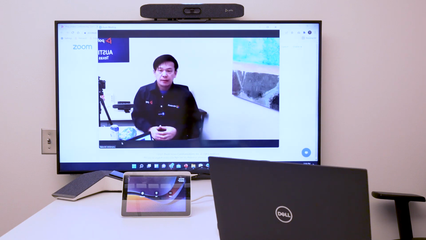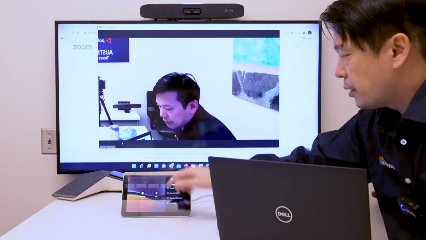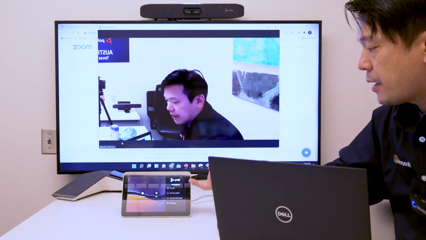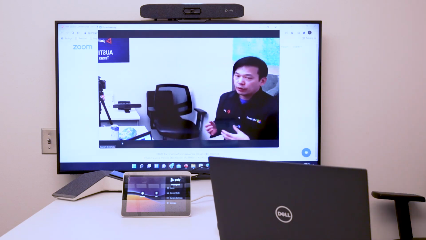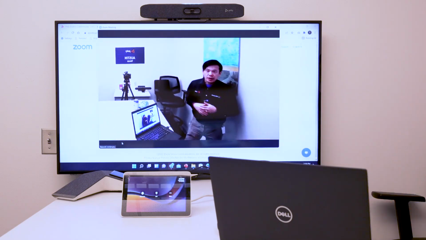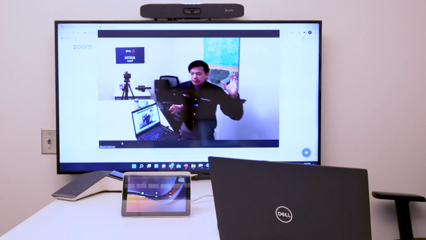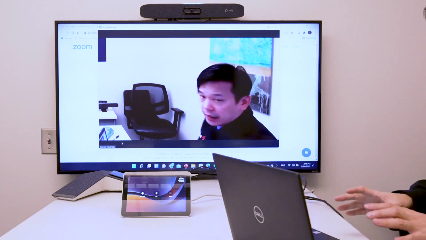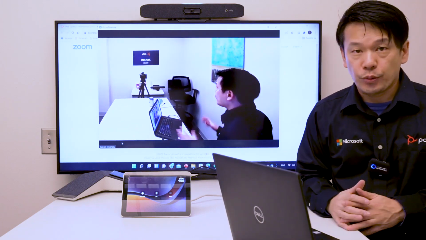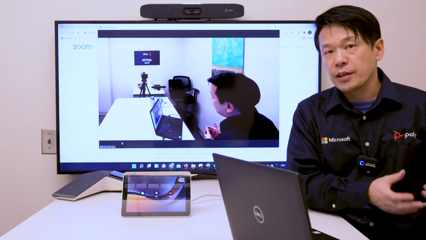working. You can change the camera tracking setting by swiping on the TC8 from the right and changing the camera setting as well, so you do have access to the regular camera control on TC8. You have the capability to do framing and tracking on the Studio X device, and all this is available to your laptop client. So that is device mode, again available in Microsoft Teams mode of Studio X30 and X50,